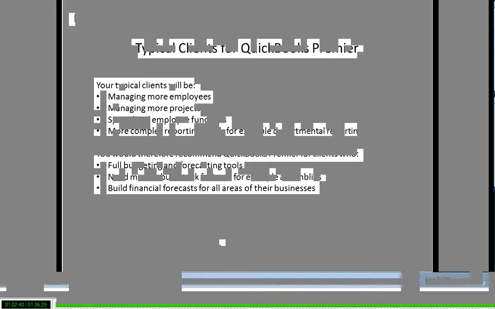So, who would your typical clients for QuickBooks Premier be? Those clients would be those managing more employees, managing more projects, specialised employee functions, more complex reporting needs, for example, departmental reporting. We would therefore recommend QuickBooks Premier to clients who need the following: full budgeting and forecasting tools, need more robust stock features, for example, assemblies, and those that wish to build financial forecasts for all areas of the